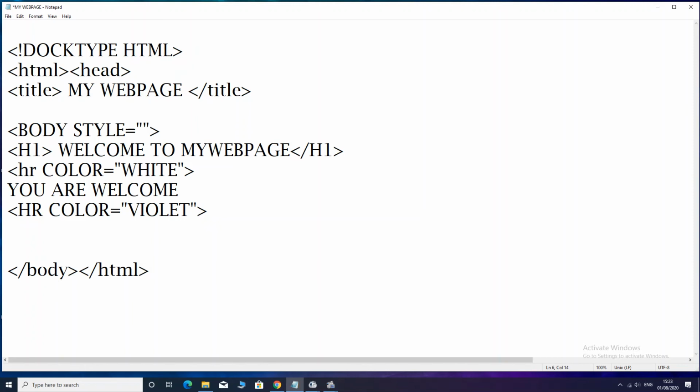Now if you want to change the background color, you will write body style equal to inverted commas background-color. Yes, we will use dash color and colon blue and double inverted comma close.